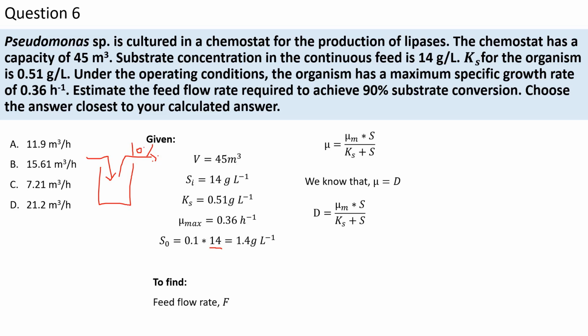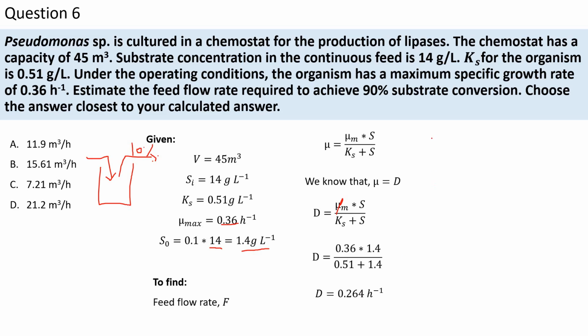So D is equal to mu max into S divided by Ks plus S. As we already know mu max, the substrate concentration as well as Ks, we will be finding out the dilution rate. Substituting mu max equal to 0.36 per hour, the substrate concentration for the outlet is 1.4 gram per liter, and Ks is 0.51 plus 1.4 gram per liter. So D is equivalent to